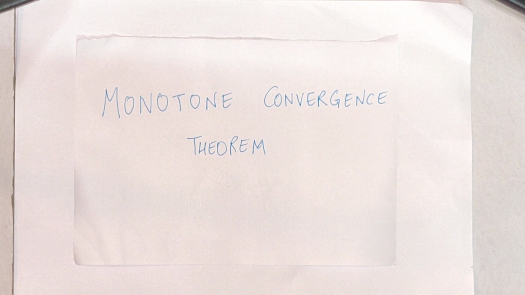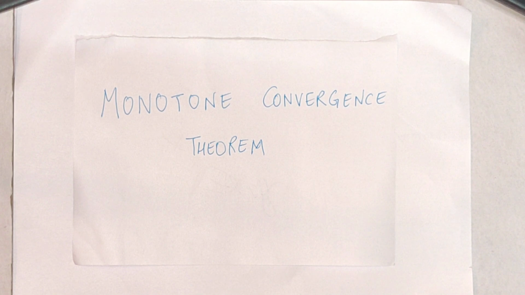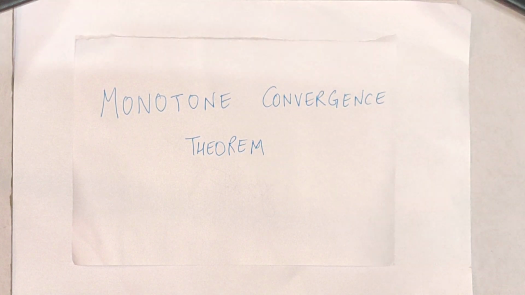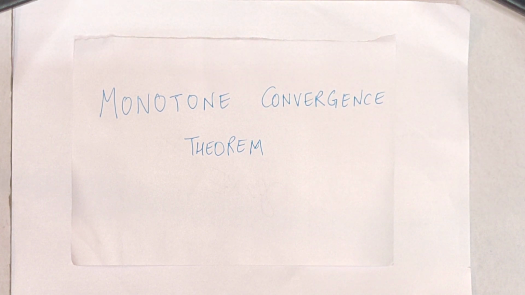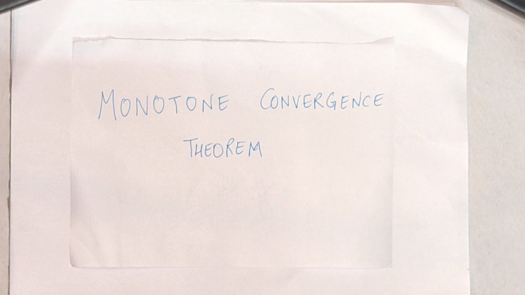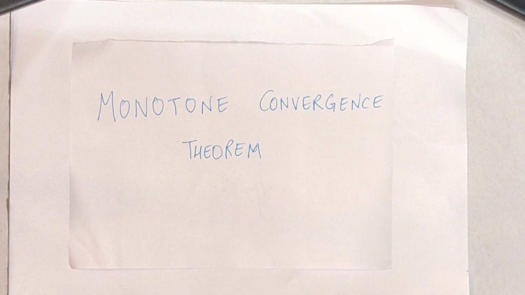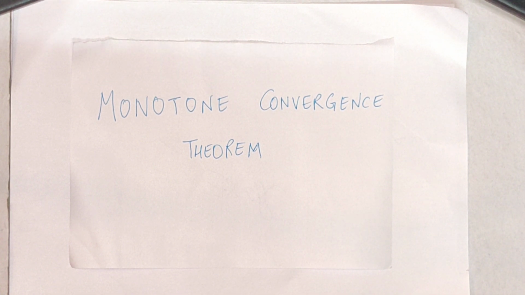Now, a few days back I did a video for undergraduate students. In that video I had discussed what a sequence is and what its convergence means. I am continuing with that topic in this video. So if you have not seen that video, I'll suggest you please stop here and have a look at that video first. I'll put a link here and then you come back to this video so that you can understand this better. So I hope you have seen that video and you know what a sequence is and what its convergence means. So in today's video, I will be discussing the proof of the monotone convergence theorem.